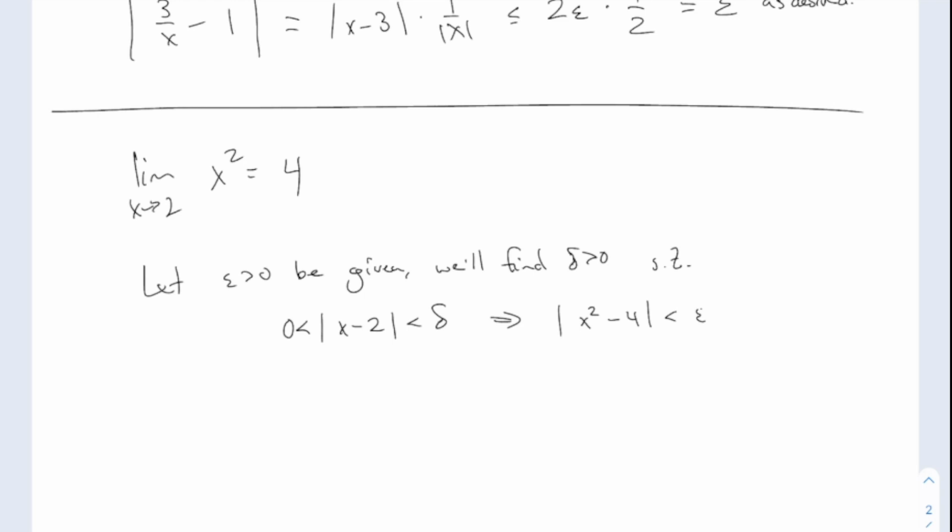So let's do those two, negative two. This means that the distance from x is